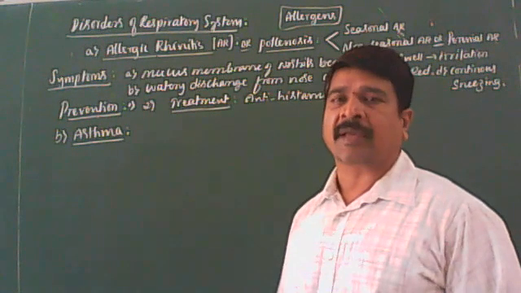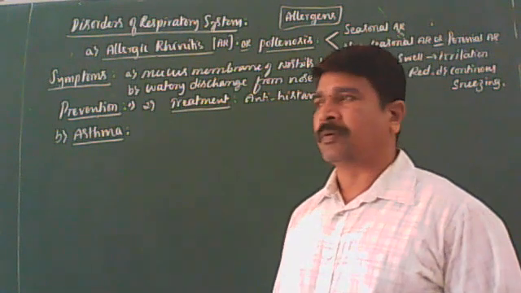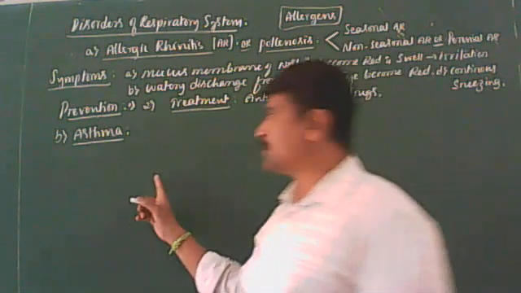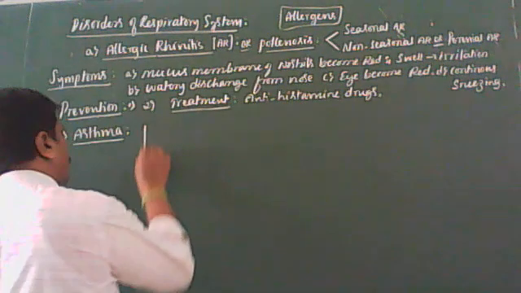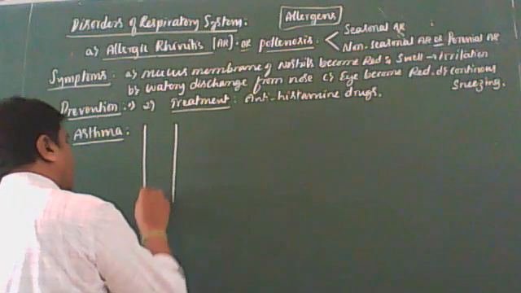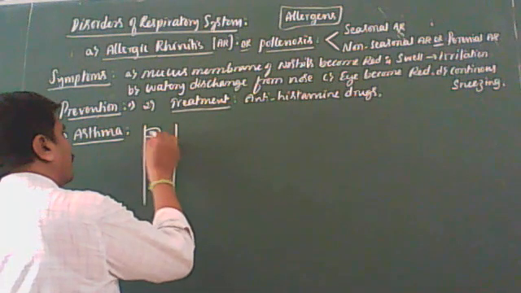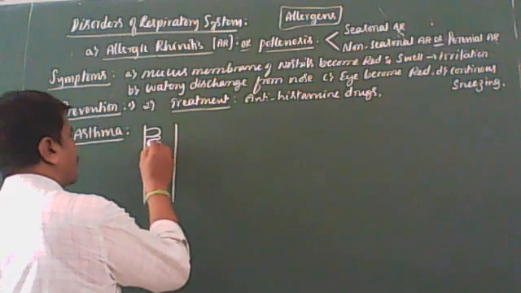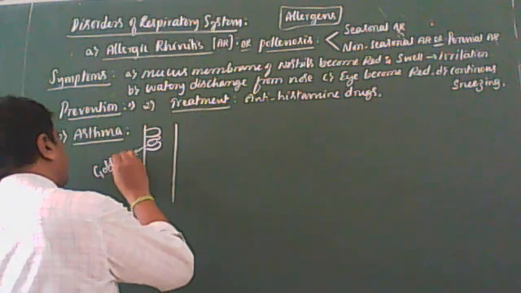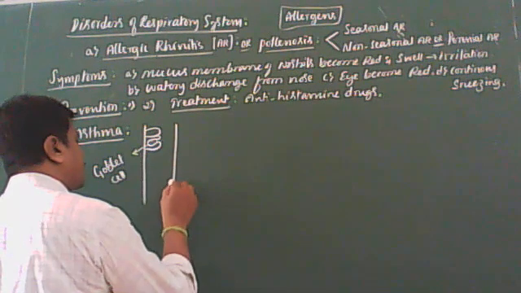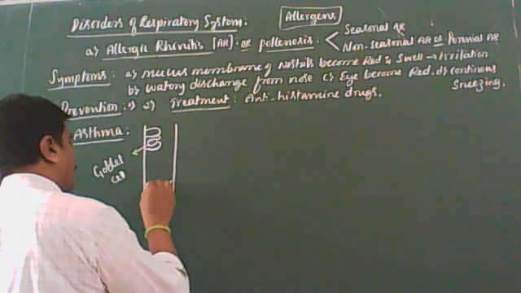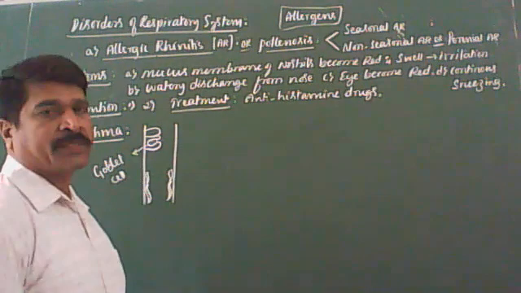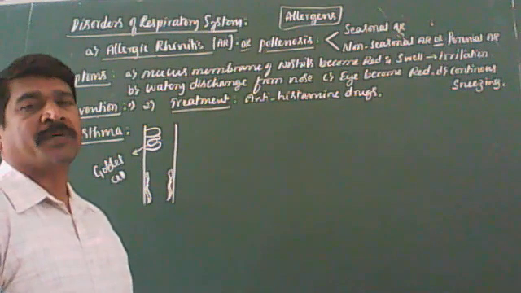So it is an allergic reaction actually, caused due to the entry of foreign materials into the bronchi. See, this is the bronchi. Internally, as we discussed in the last class, bronchi are lined by pseudostratified ciliated epithelium along with mucus secreting goblet cells. And bronchioles are internally lined by smooth muscle fibers.